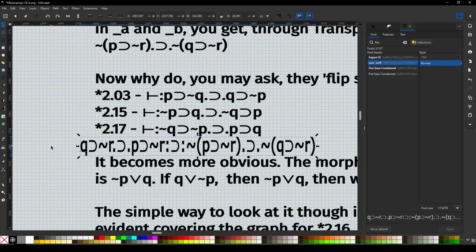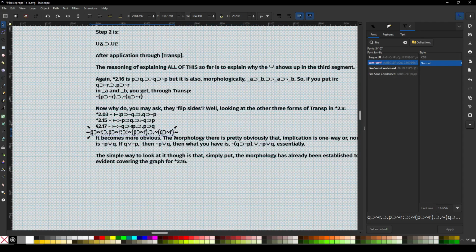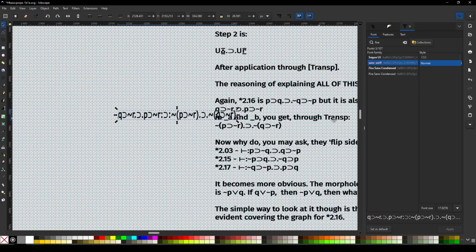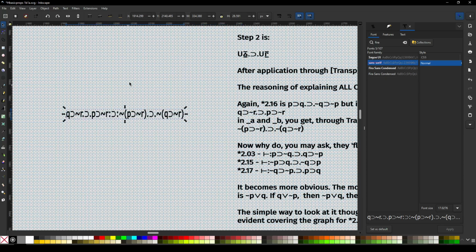Or again, even .216, which is a little bit better. If you compare it to .216, you can see how P implies Q implies P implies Q implies not Q implies not P. You get the idea. So if it's through transp